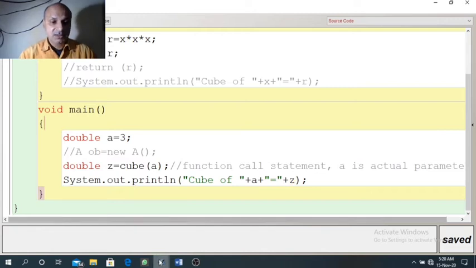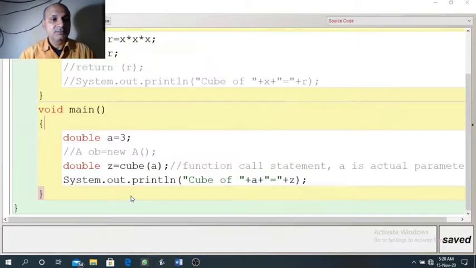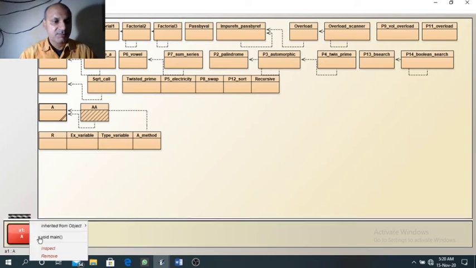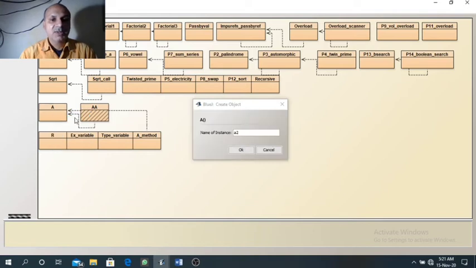Now we will see the result of this method. I have already created the object, but let me remove it and create once more. We want to run the main method. So first we need to create object because we are using non-static method.